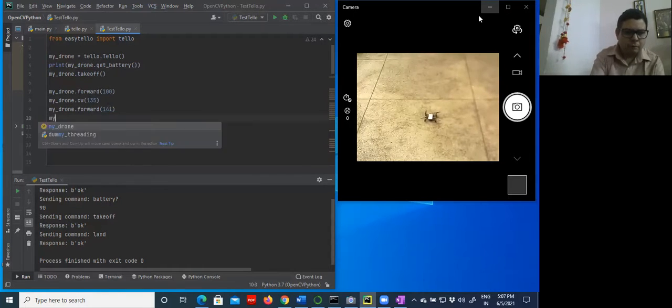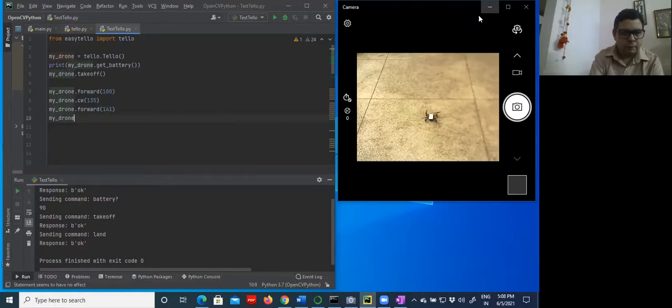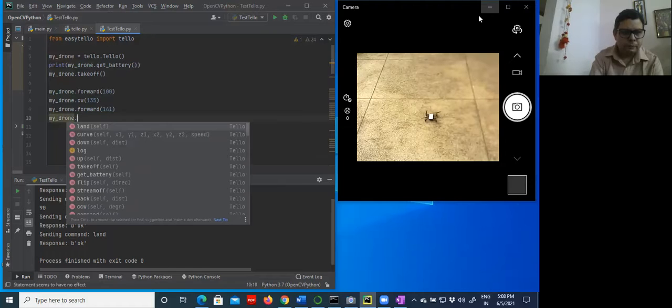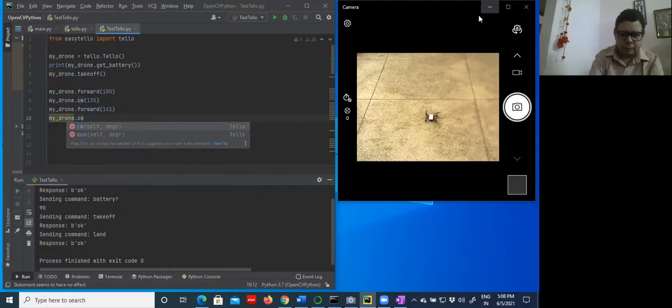And my drone again will turn clockwise to 135 degree.